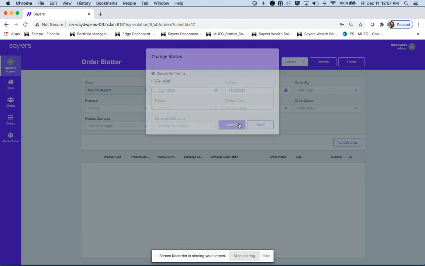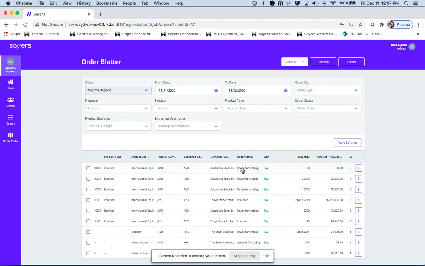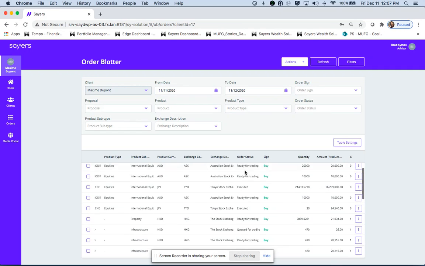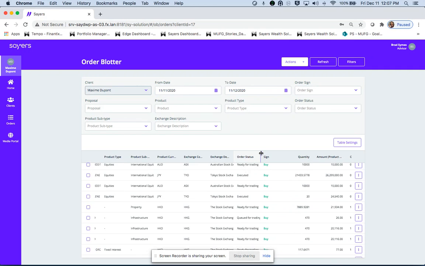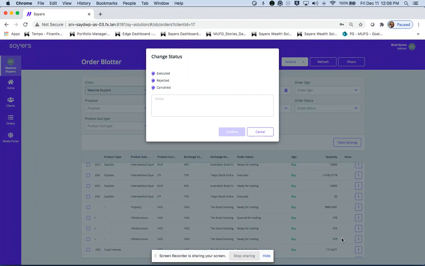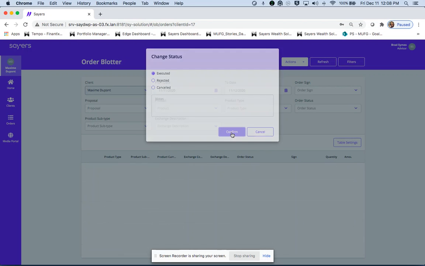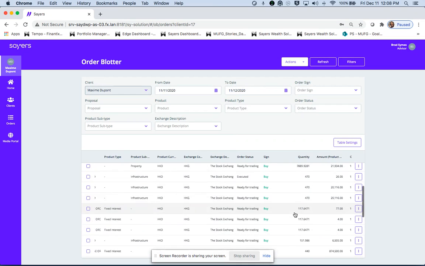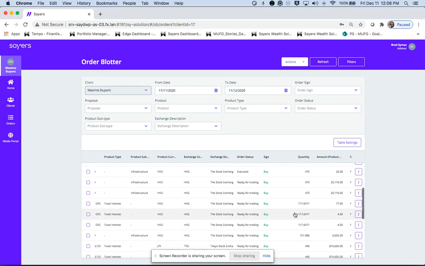So once I confirm this, I can see the status has been changed to queued for trading here. And the next status I can change from queued for trading is either executed, rejected, or cancelled. So let's make it executed here. And now you can see the status is